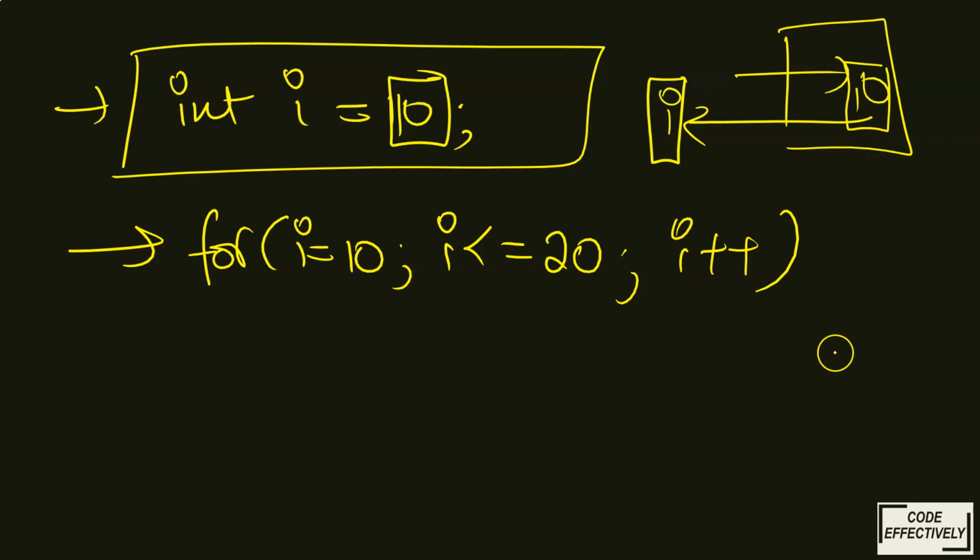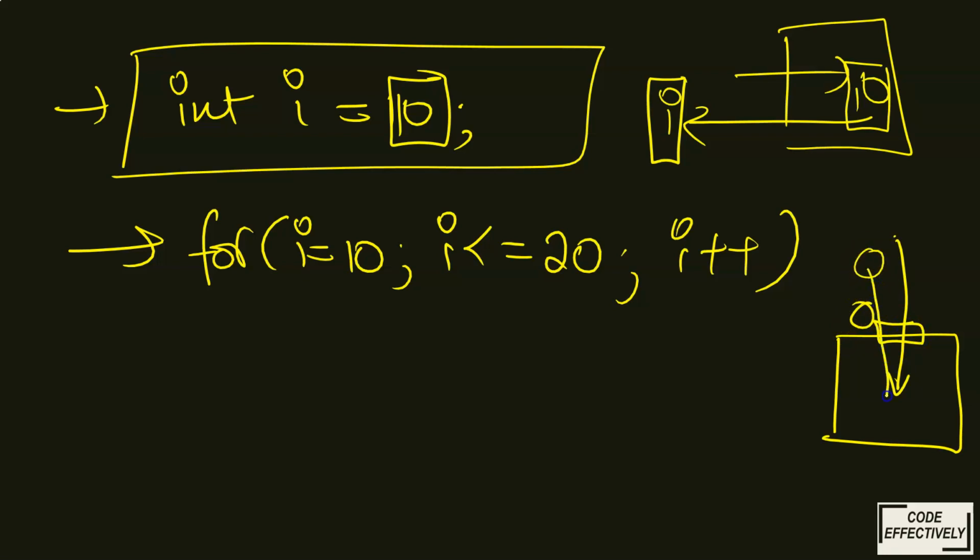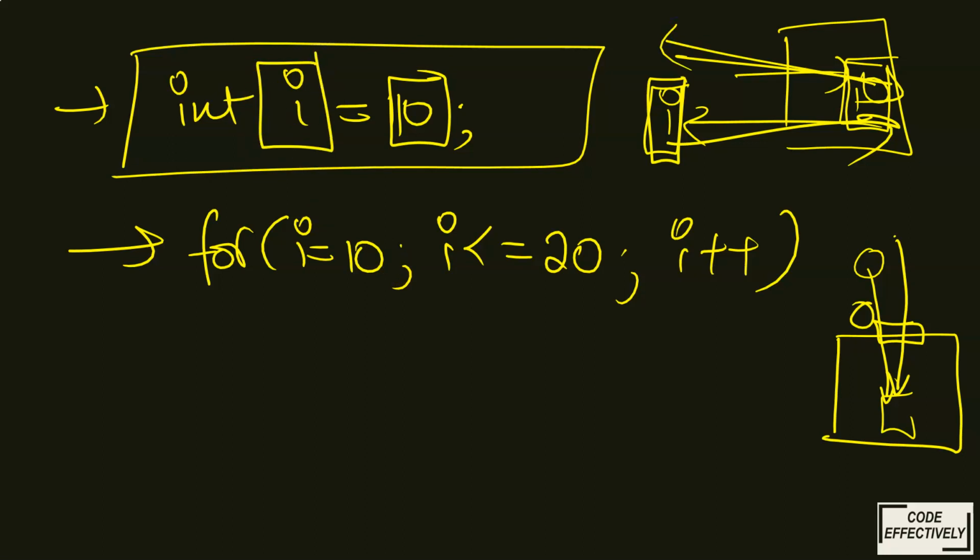For example, whenever you go to your house, nobody can directly enter your house. There is a gate and there is a person who checks who you are. If you are a validated person, then you come inside the house. So this is the same case. In computer memory, you can't directly go and take out the value 10. You have to send the variable and ask the variable to go and get 10 from the computer memory where you have stored it and bring that 10 to me. This is the basic understanding or basic definition of a variable.